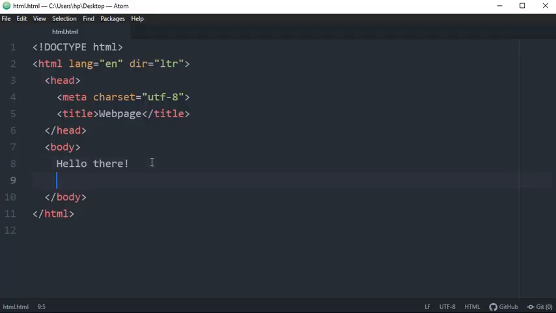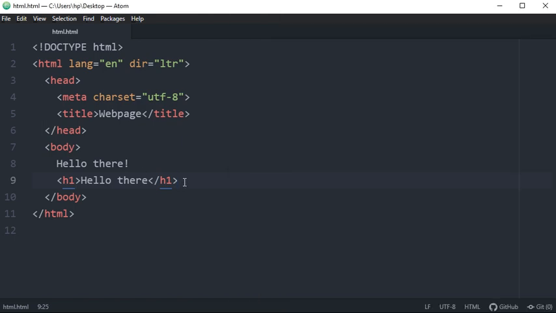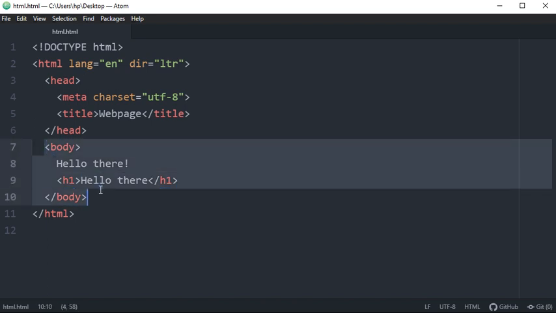Then if you want to mention heading h1, the h1 element will also go inside the body part, and it will display in the web page like this. If you want to give a paragraph, or display images, lists, tables, audio, video, whatever you are going to display on your website, the whole thing will go inside this body part.